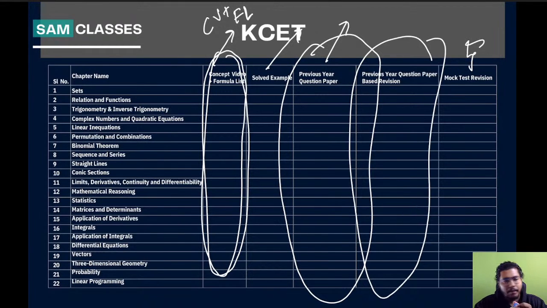Or you want to go with the solved examples, where we can find? You can start with NCERT and exemplar solved examples. That will be more than enough. NCERT and exemplar solved examples. Exemplar, if the question is looking very difficult, skip it. Very difficult, very big, skip it. Clear?